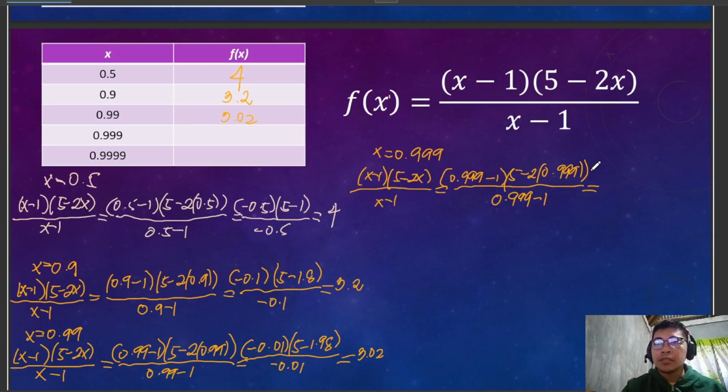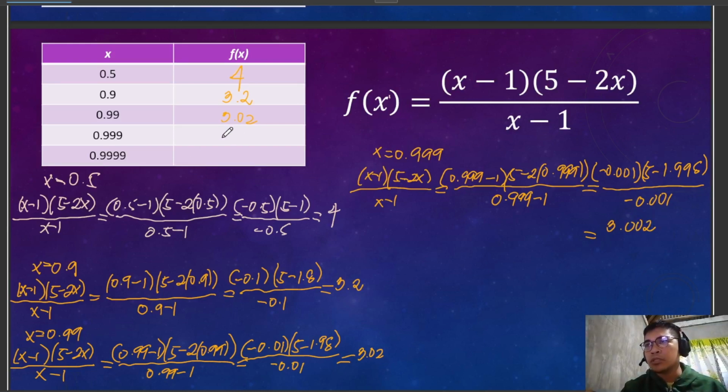That is negative 0.001. And then what is 2 times 0.999? That is 1.998. So we have 5 minus 1.998, and the denominator is also negative 0.001. So 5 minus 1.998, we got 3.002. And the last, we have x is equal to